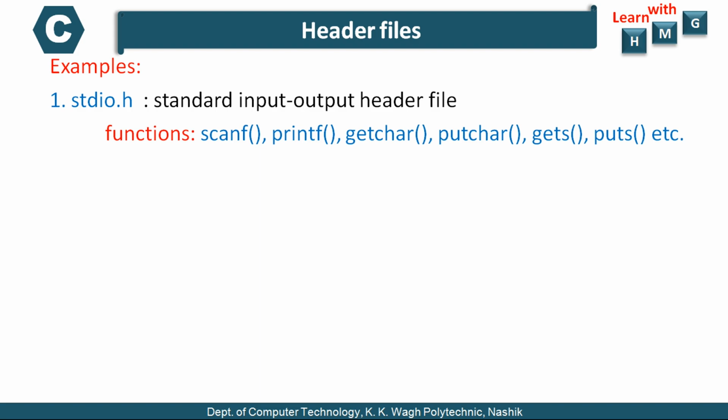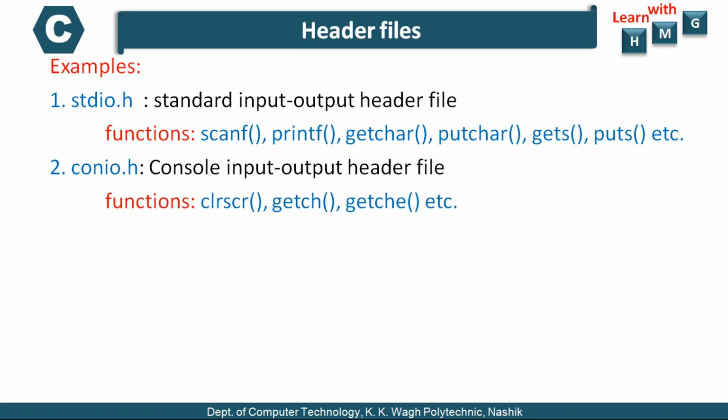Next is conio.h, which is nothing but the console input output header. Console means a combination of standard input and output device, and the functions related to console are clrscr, getch, getche, etc. Then one more popular header file is string.h, that is the string manipulation header file,